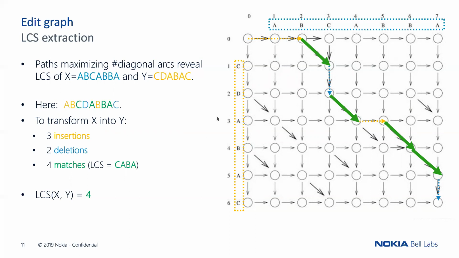And so here you can see that among all the paths that you could find between 0,0 and mn, the path that optimizes the number of diagonal edges is this only one. This is why on this particular example there is a single LCS, but in general, of course, you might have several paths optimizing the number of diagonal edges. And then to get the LCS distance, I just need to count the number of diagonal edges involved in the best paths. And here it's 4. And so the LCS distance of X and Y is 4.